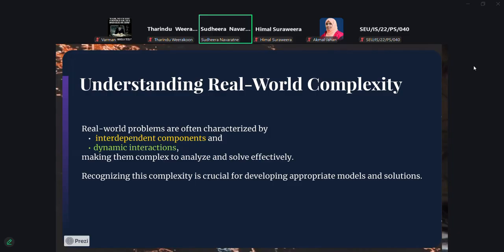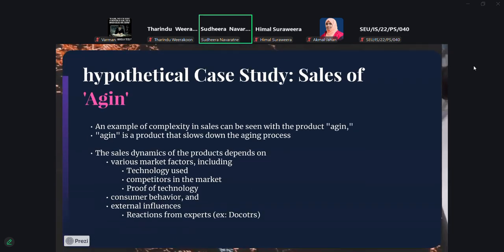Those are the very interesting things that people try to model using these multi-agent systems, which are very complex scenarios. So we will take a very simple scenario which can be understood by everybody, right?